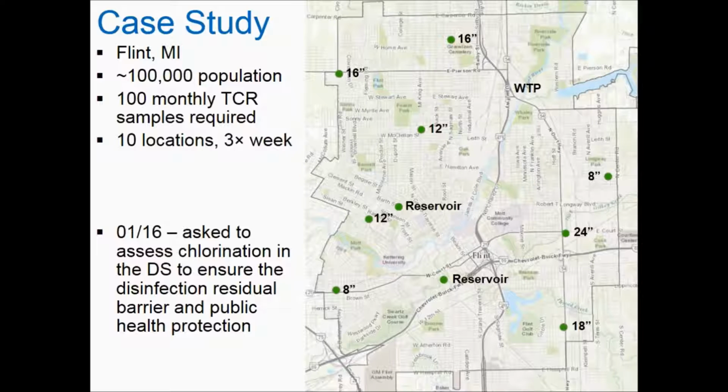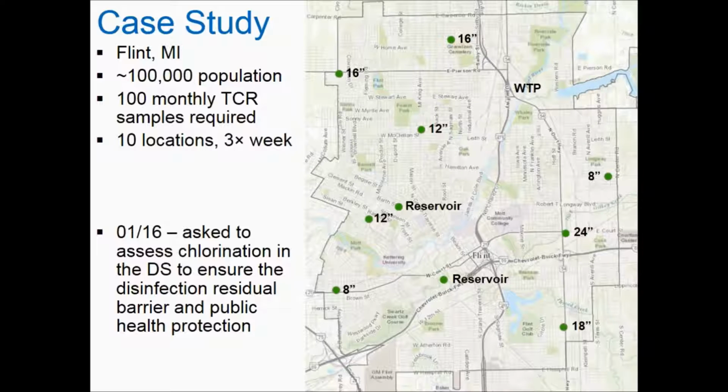The sizes I show, the inches, are the service mains that are most adjacent to those sampling locations. And if you were to put this on a map with the major thoroughfares, these would end up being among the larger pipes